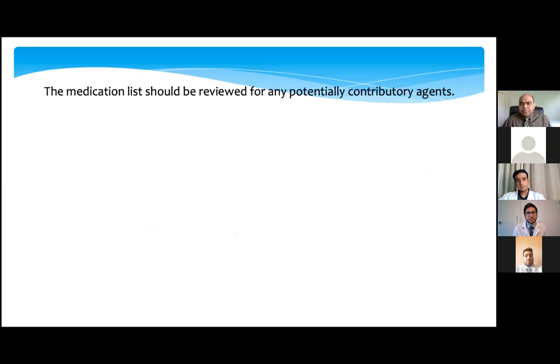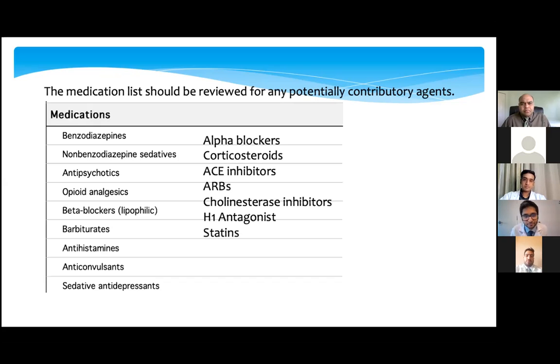The most important thing is to look at the medication list the person is taking. Any guesses on which medications could affect your sleep? Stimulants, maybe amphetamine. Stimulants, yeah. Right. So stimulants and sedatives both. These are the ones which can cause insomnia. Basically, they are the stimulants, along with H1 antagonists and statins, which a lot of patients might be using. So it's necessary to rule this out as well if they've recently started or stopped any of it, including barbiturates, beta blockers, antipsychotics, and anticonvulsants.